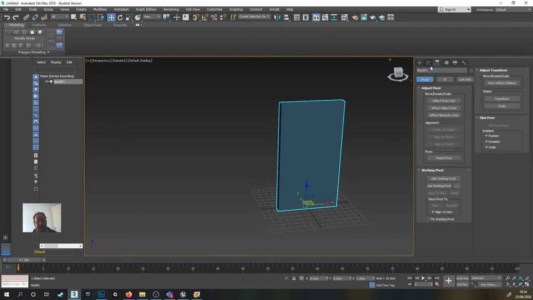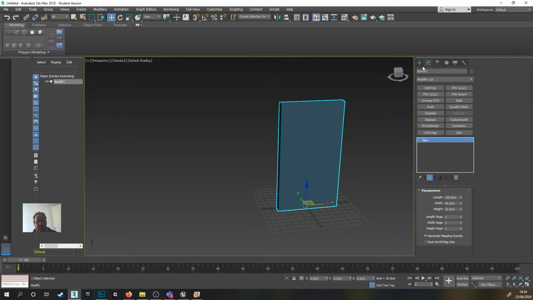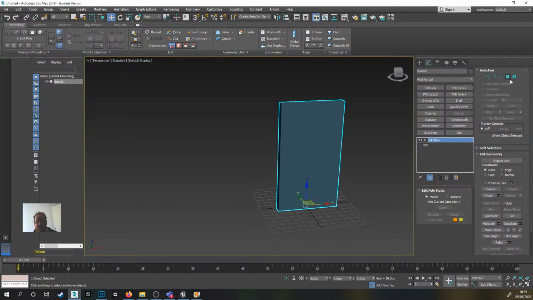And then what I'll do, in order to start making adjustments to this, is go to the Modify tab, and I'm going to apply an Edit Poly onto this. So I can either go into the Modifier list and search for Edit Poly, or if you're like me and you've got shortcuts set up, just because these are the things that I often use, I'll just click on Edit Poly, like that, so it puts it into a mode where I can start to edit it, and then I will click on Polygon,